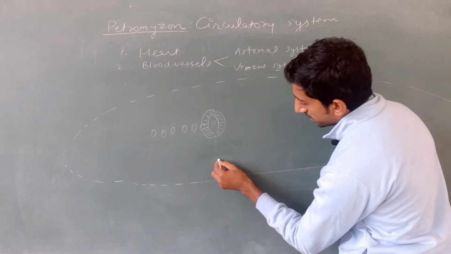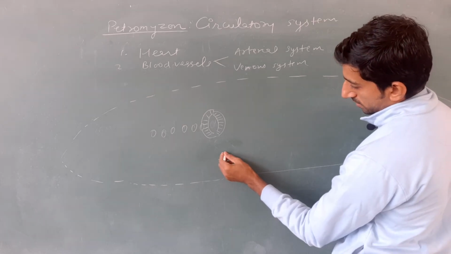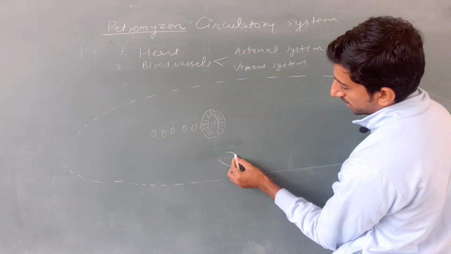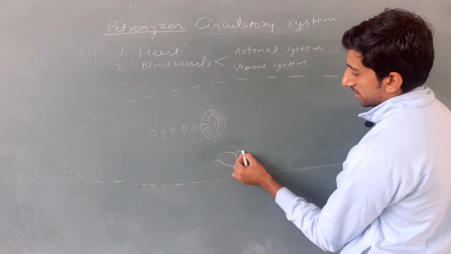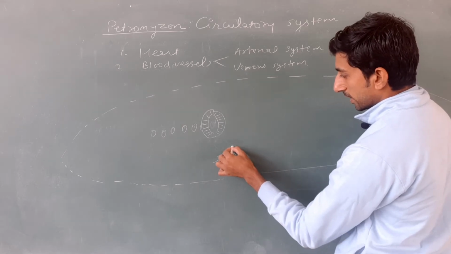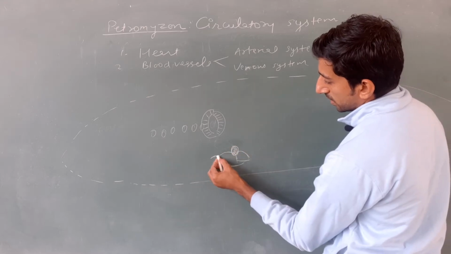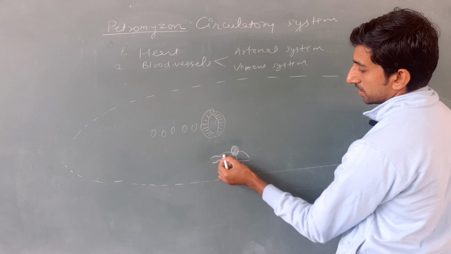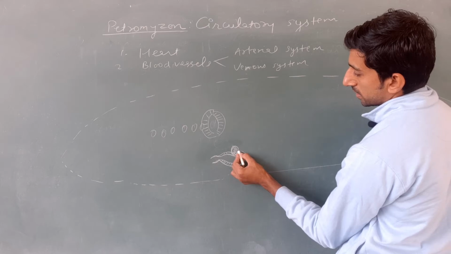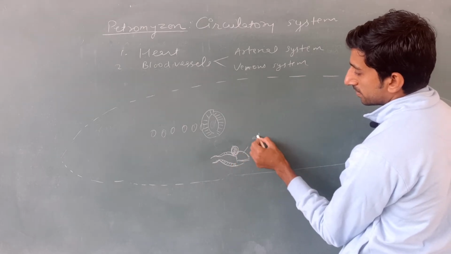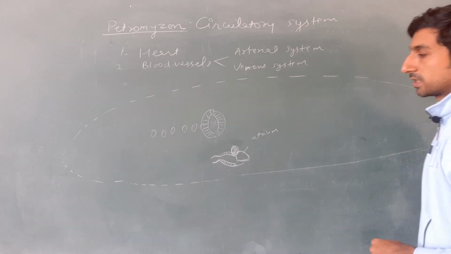So here in this region, behind the 7th gill and on the ventral side, the S-shaped heart is present. This heart has two accessory chambers. One is the sinus venosus and another one is the conus arteriosus. This one is the ventricle. This one is the atrium. So we will see how the network of the arterial system is arranged.